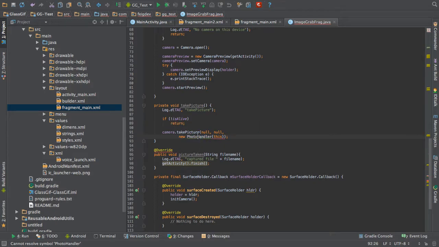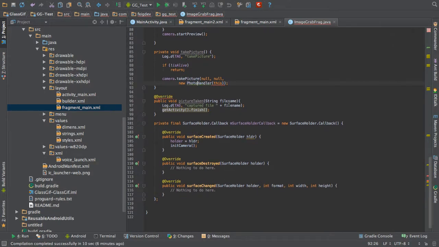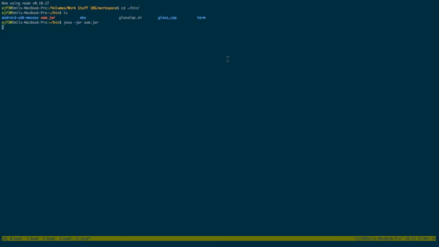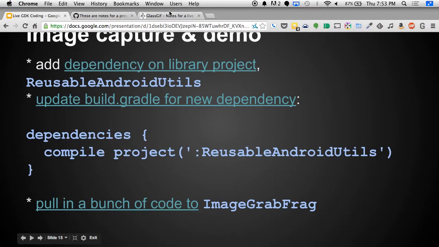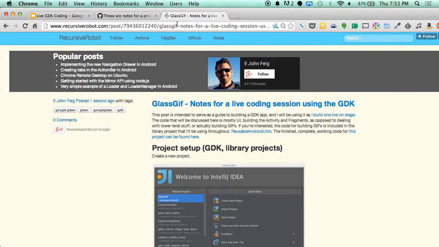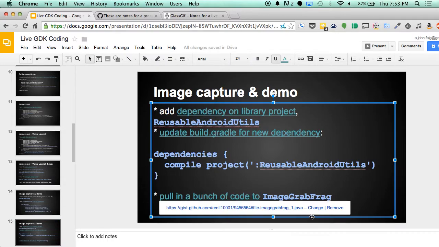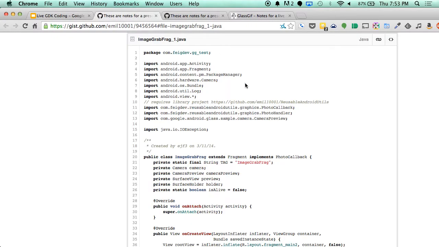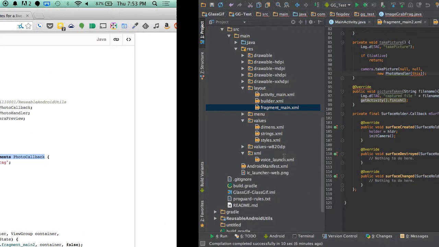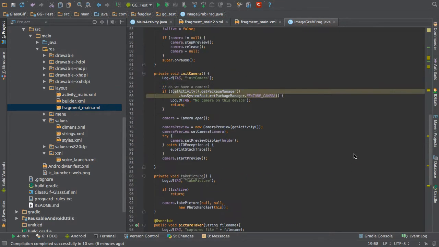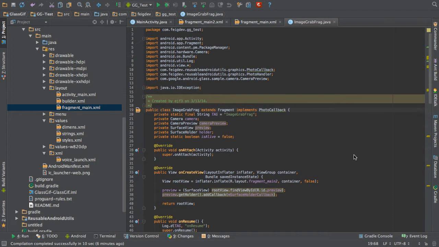I never remember the key to auto import stuff on IntelliJ. It'd be useful to remember. So the other thing that I forgot to grab is that I need to implement photo callback, which is the helper that I had mentioned. There we go. Okay. Now everything's green,